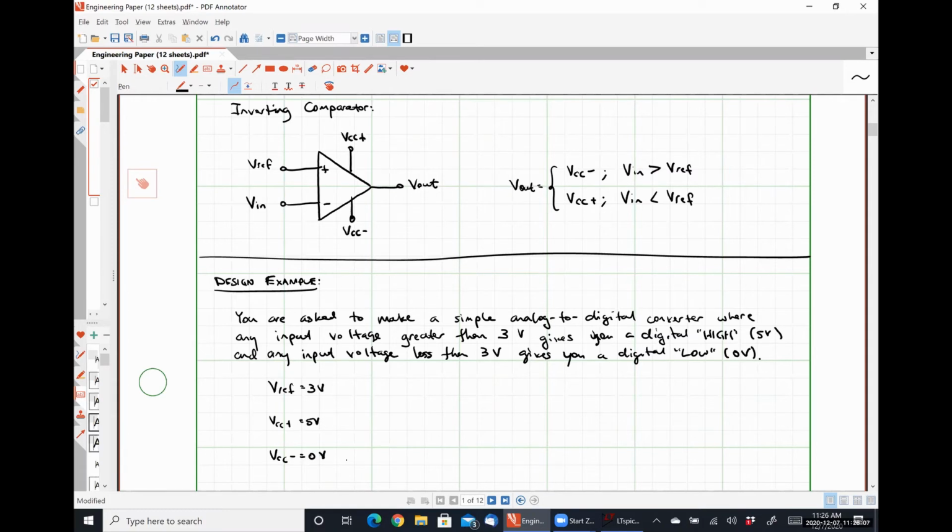All right, so we know what VREF is, we know what VCC plus is, we know what VCC minus is. So all we're doing in this analog to digital converter is simply comparing our input signal to that reference signal. So we're obviously going to be using a comparator, but should we be using an inverting comparator or a non-inverting comparator? A non-inverting, right? Because when the voltage is greater than our reference, we want it to go high, and when the voltage is less than our reference, we want it to go low. So in its most basic form,